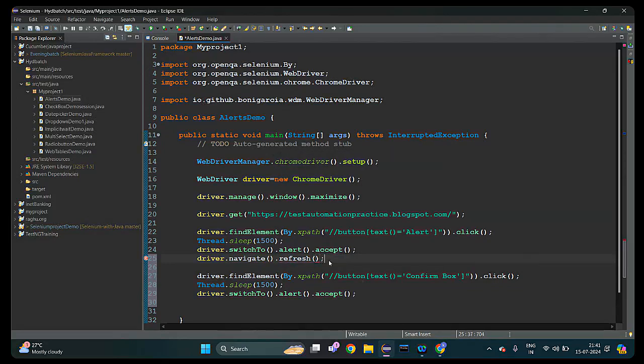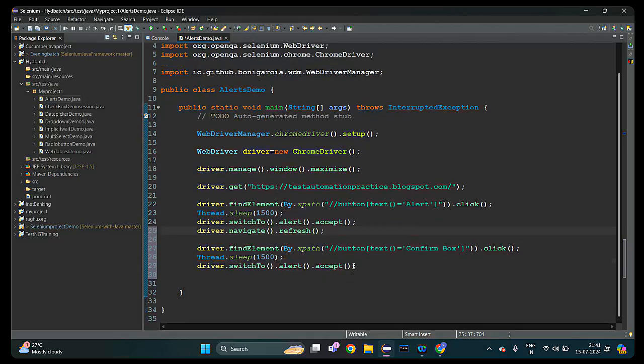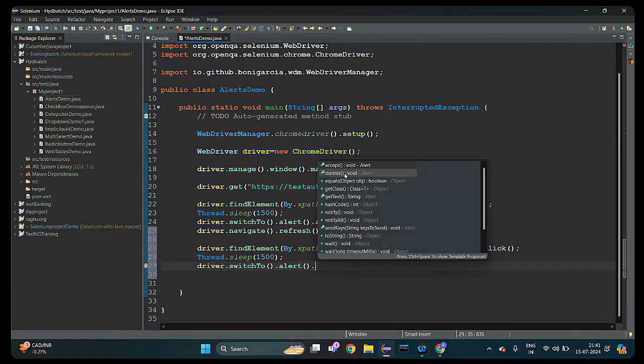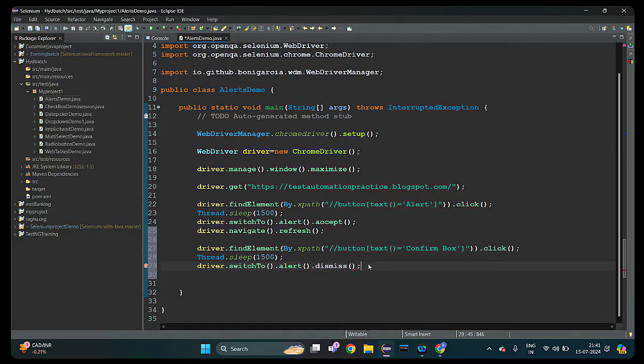Okay, so here also the same thing. Either you can give accept or you can give dismiss. Okay, fine. For this time, I'll give dismiss. I'll call this refresh statement one more time,